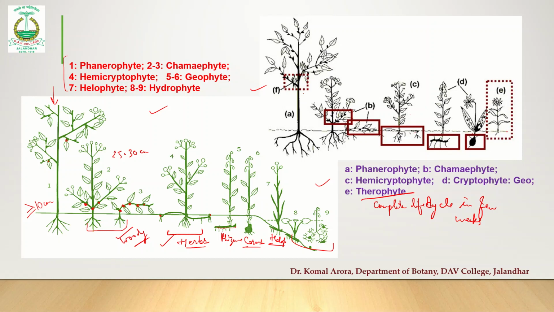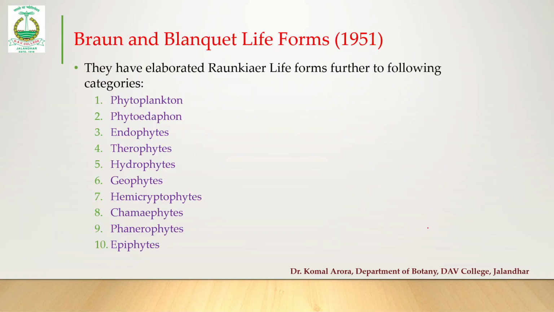So this is a normal plant. Okay, you can say this category includes annuals. So these are herbaceous annuals. So that's all about the life forms of Raunkiaer. Now further, I told you when we discussed the frequency classes, the new information was introduced by Braun-Blanquet there. Similarly here also, in Raunkiaer's life forms, a fresh addition was made by them in 1951 and they designated a total of 10 types of life forms.